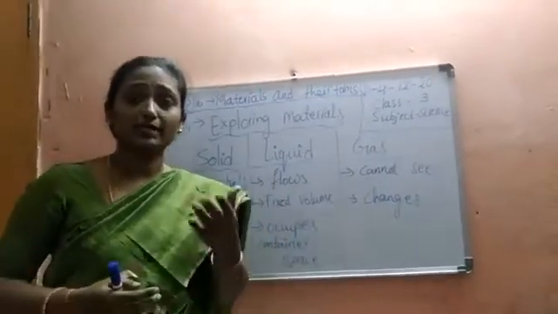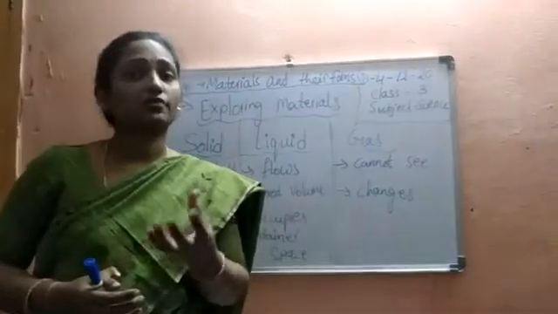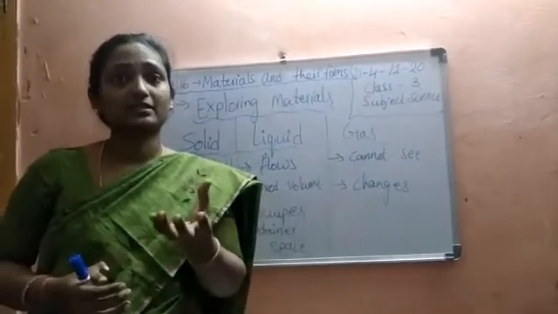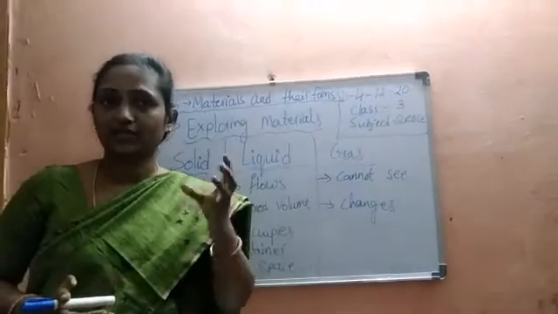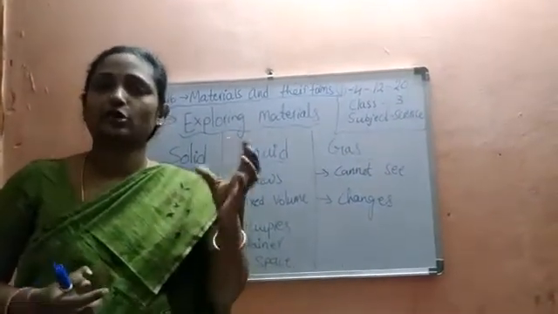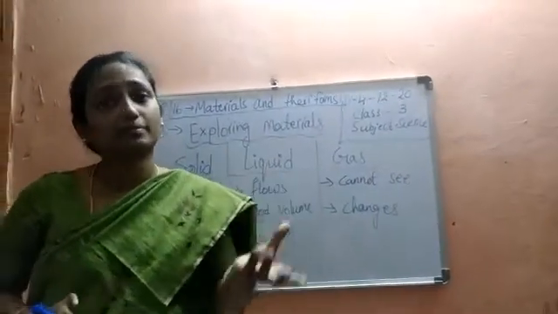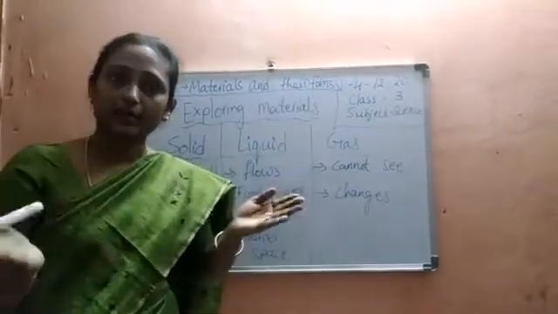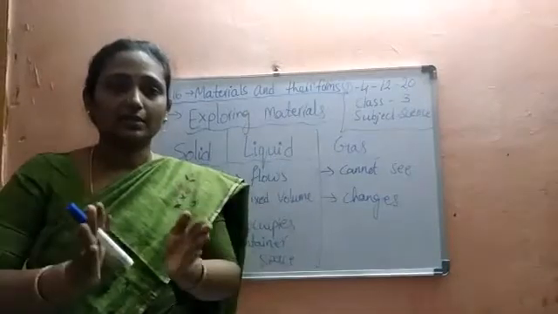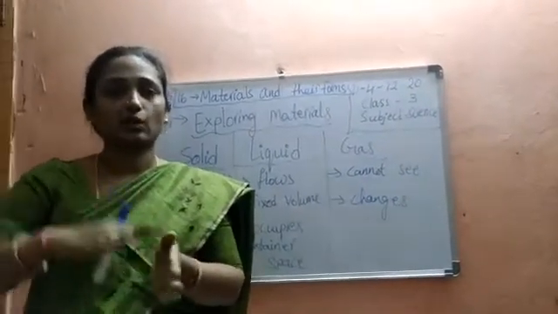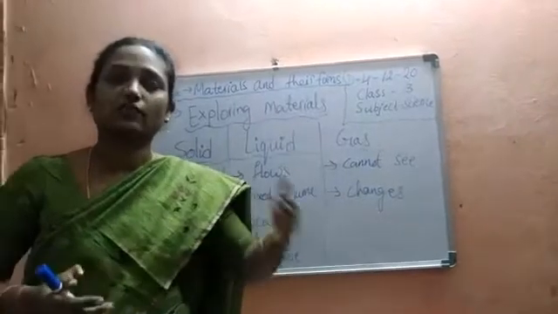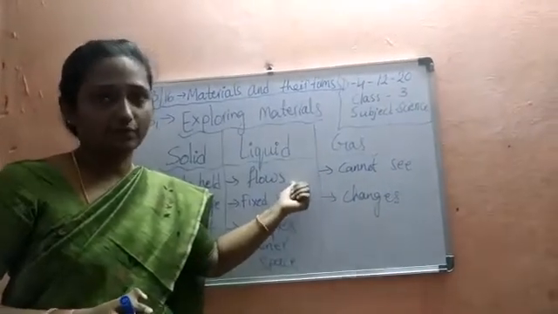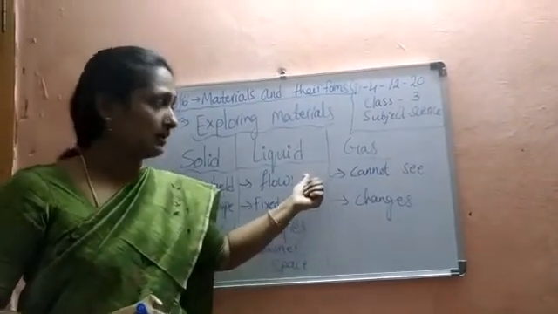And the things which you can see, which show the property of flowing, which don't have a fixed shape, but occupy a fixed volume. That means when you are taking a glass of water or a glass of milk, it occupies the shape of the glass. When you are taking it in a mug or a jug, it occupies the shape of the mug. Or when you are taking it in a tub, it occupies the shape of that tub. That means it flows. When it is out of the container, the liquid flows out. So these kinds of forms, we say, are liquid form materials. Those materials are liquid forms.